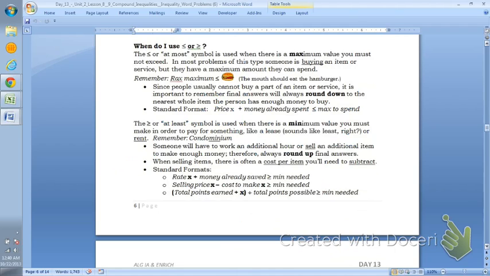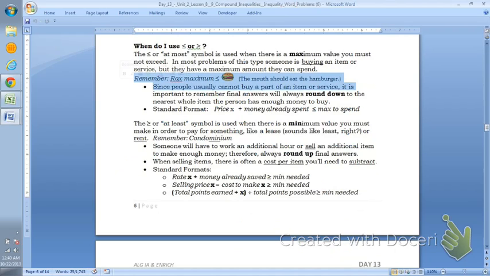To help you remember this symbol, and that it's used for maximum, think of Rax's Maximum. Rax, the restaurant you buy hamburgers at. Look at my symbol. Do you see which direction it looks like a mouth chomping that hamburger, or eating the hamburger? So the inequality goes this direction, like that. In word problems where there's a maximum,